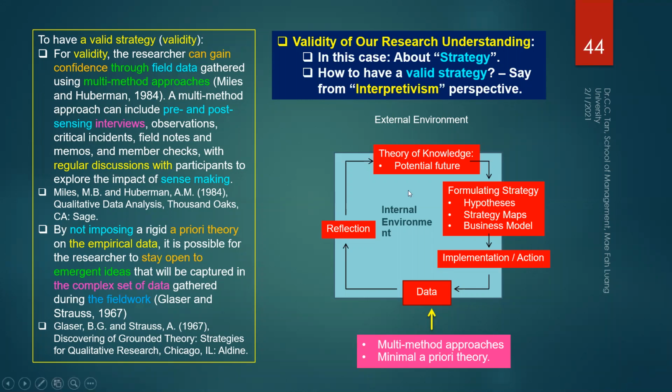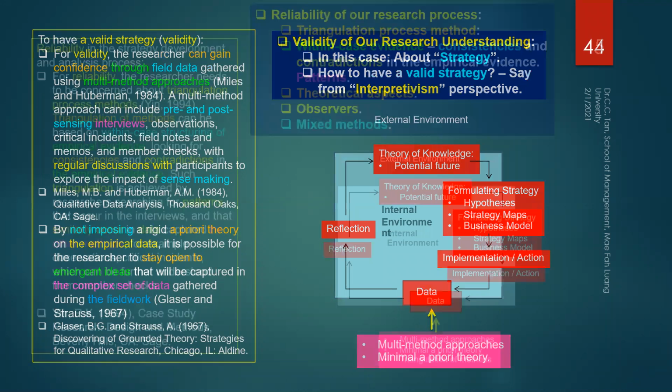Because knowledge comes from where? It comes from your process of reflection. Comes from where? From your data. Comes from where? From the things before the data, how you get the data. So validity is an issue of the entire process. It's a validity of the result, but it comes from every part of the process. So if you want to have valid research, you have to demonstrate validity in all these processes.